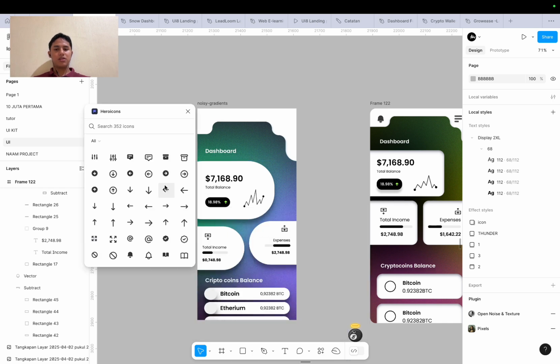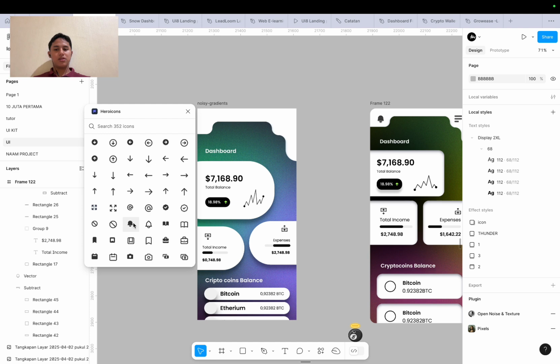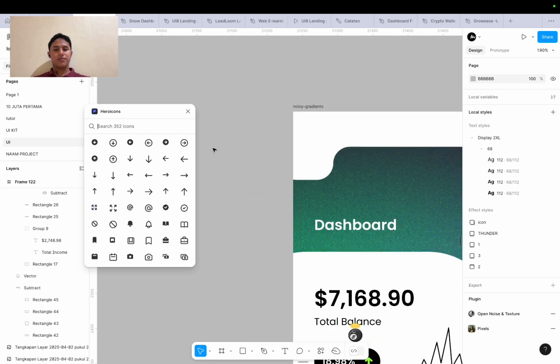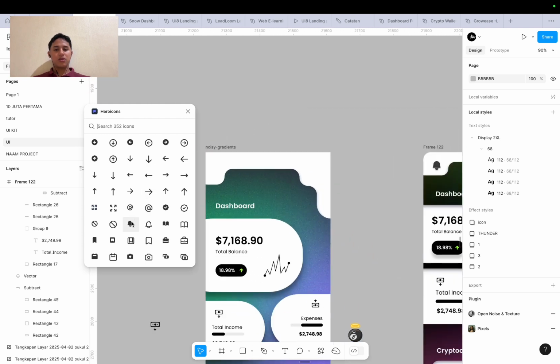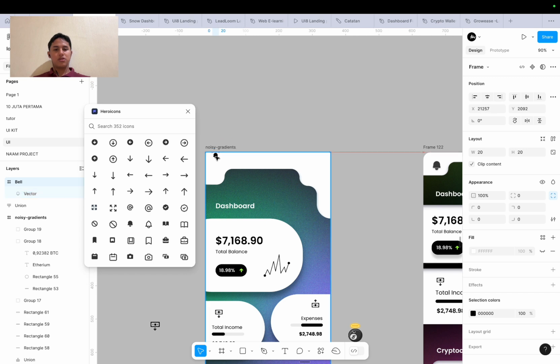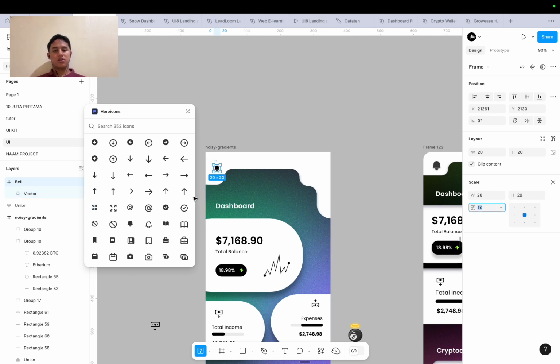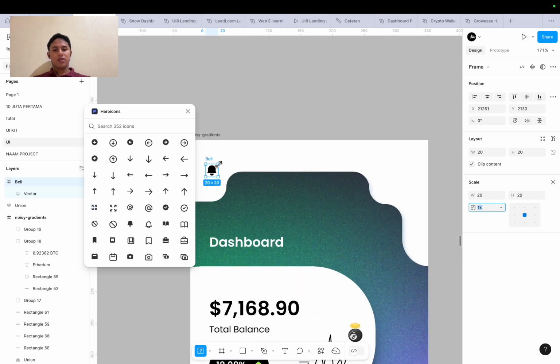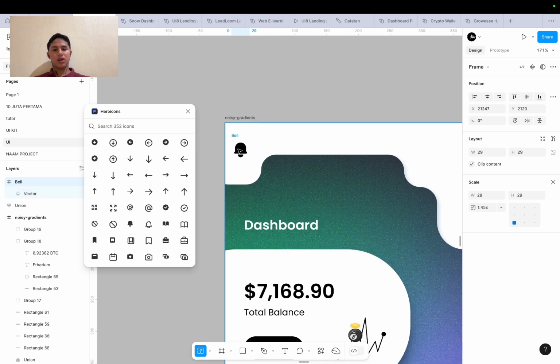For the icons we can use the plugin Hero icon, and we can use it and customize it. That's the notification icon, like this. Maybe this is for the white space,